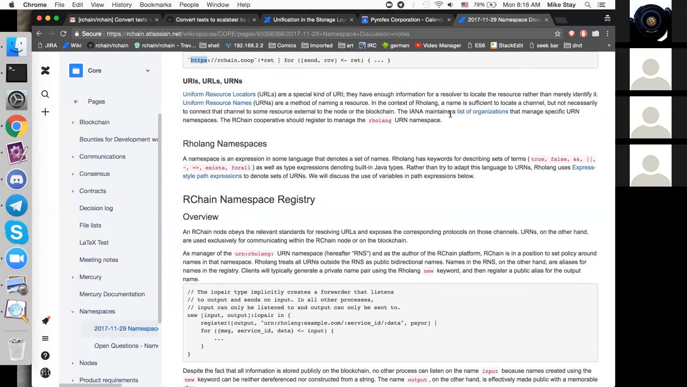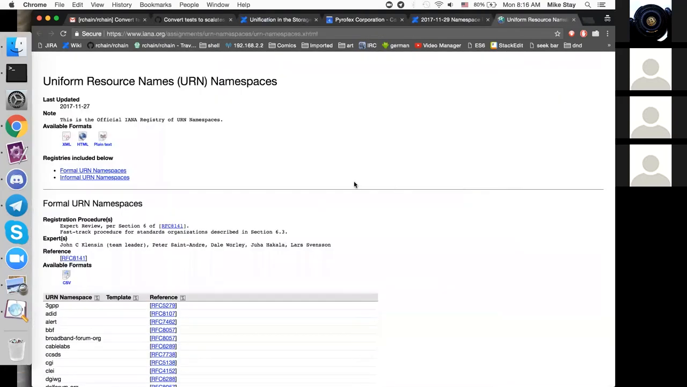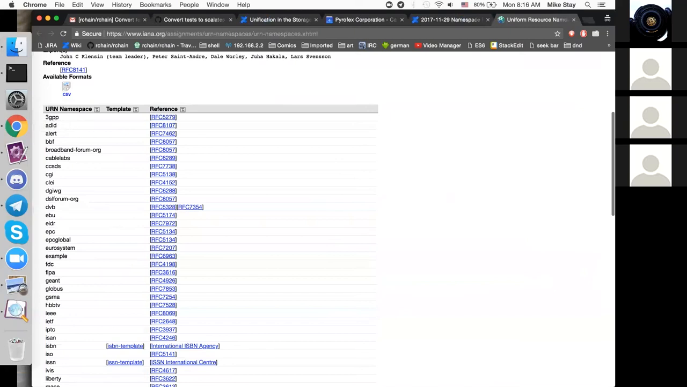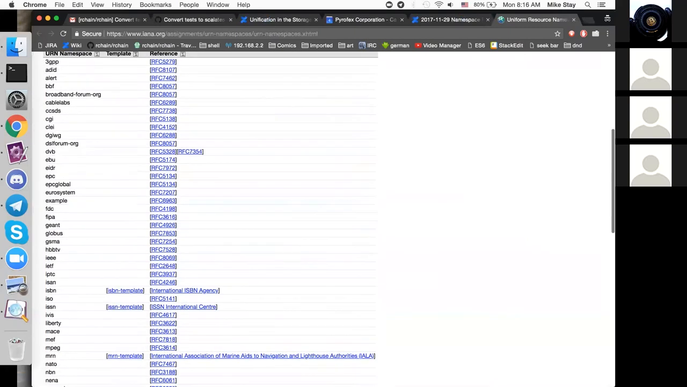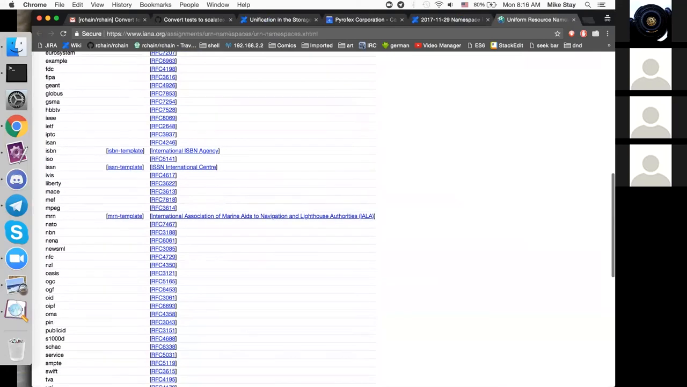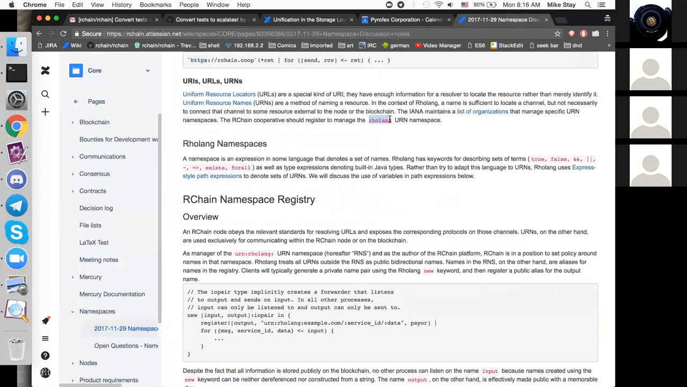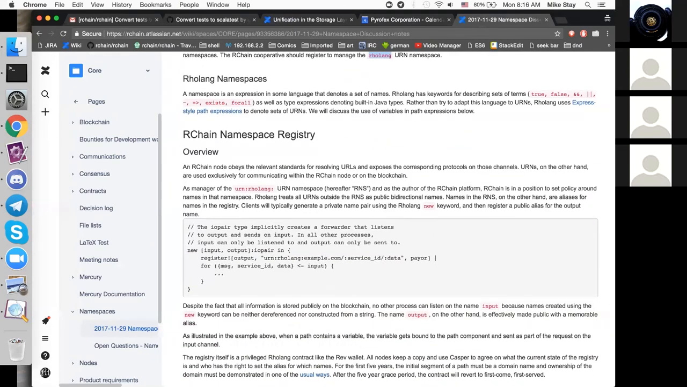The IANA maintains a list of organizations that manage specific URN namespaces. You can see here, all these different things which have a corresponding RFC and get approved. And there's some organization that manages them, like ISSN or ISBN. So I'm proposing that we manage, or at least the Erlang co-op manages, the Erlang URN namespace. So, things that begin with urn:erlang: